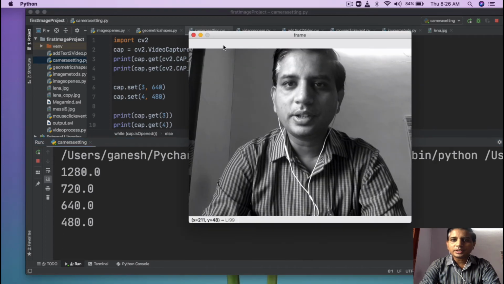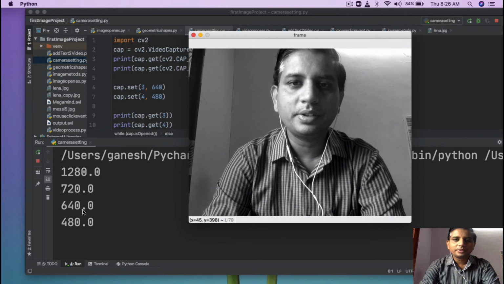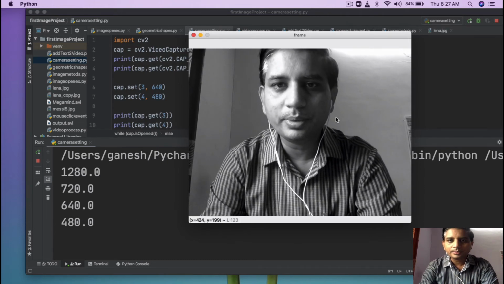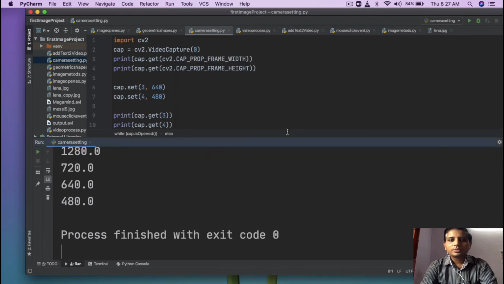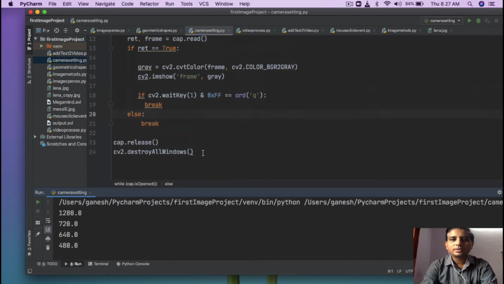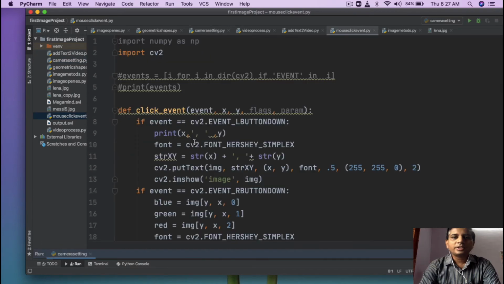Now you can see here that the window has also become smaller because I have modified the width and height of my frame, or width and height of my video. Okay, so in this way we have learned how to change the camera properties by using the set function.